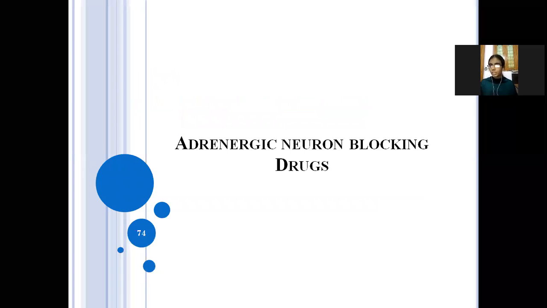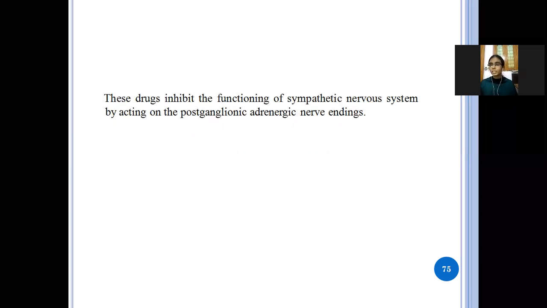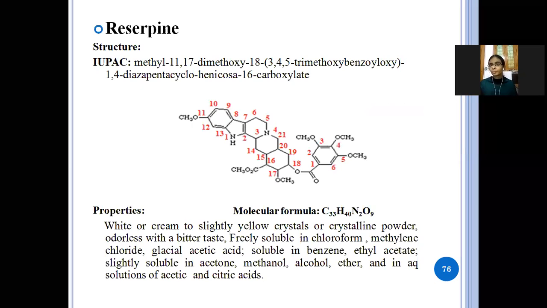Next, adrenergic neuron blocking agents. Here the drug will inhibit the functioning of the sympathetic nervous system by acting on the post-ganglionic adrenergic nerve ending. So it mainly acts on the nervous system to reduce the blood pressure. In this class, the first drug is